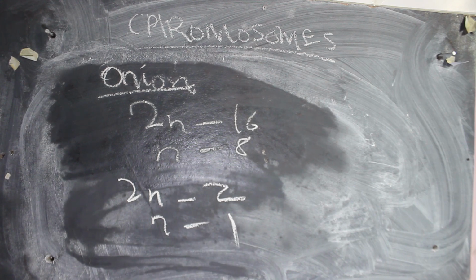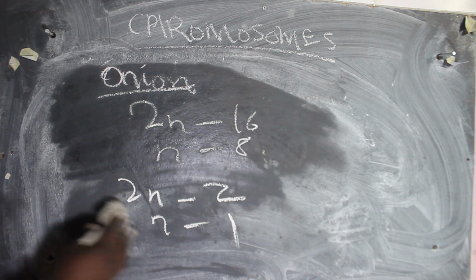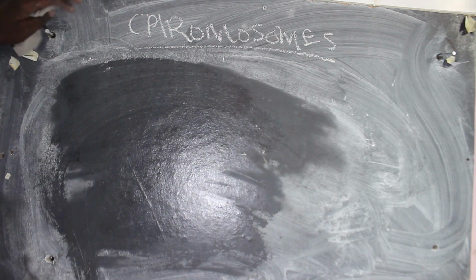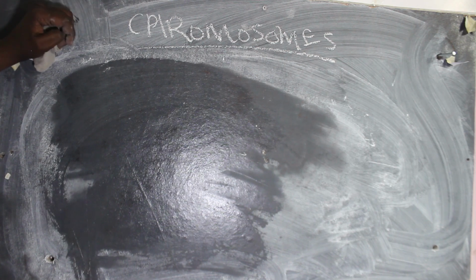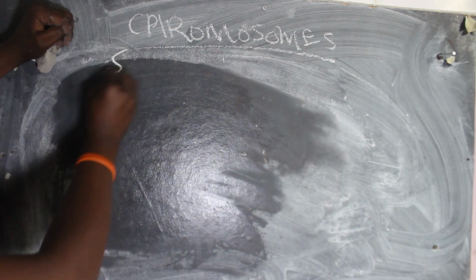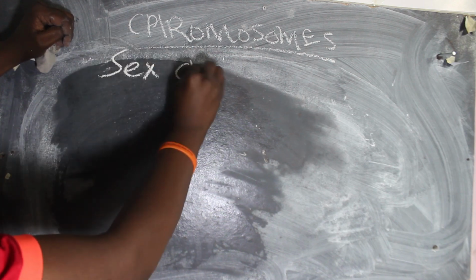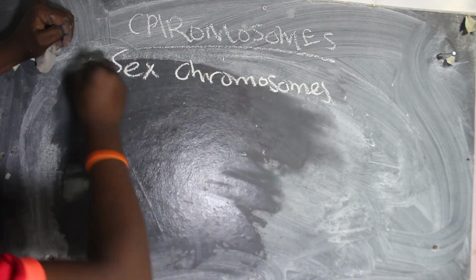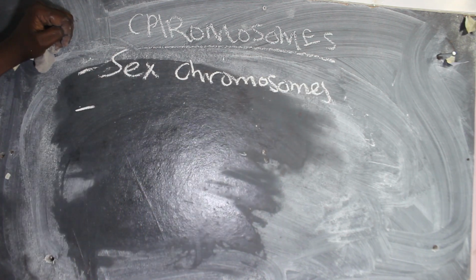All right, now let me talk about the types of chromosomes, since I've already talked about this. Since we know what chromosomes are and the numbers of chromosomes in different species, basically we have two types of chromosomes. We have what we call sex chromosomes, and we also have what we call